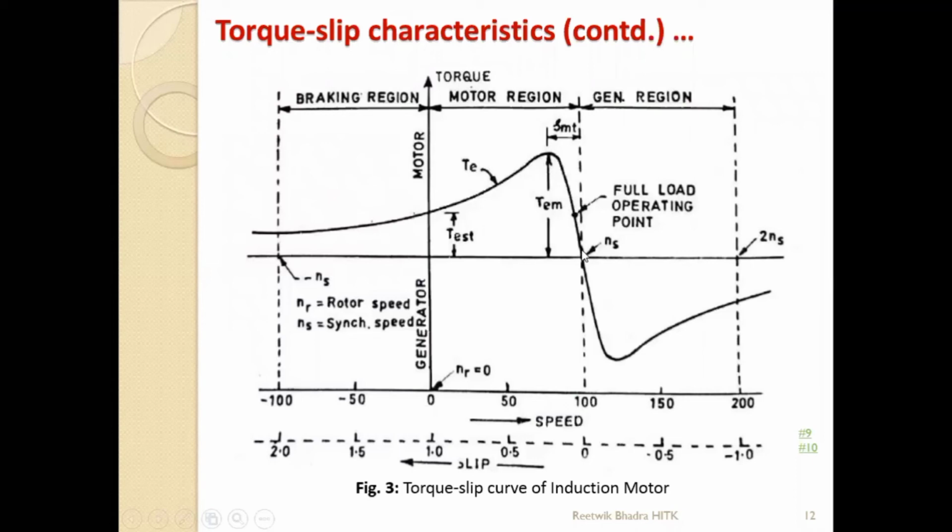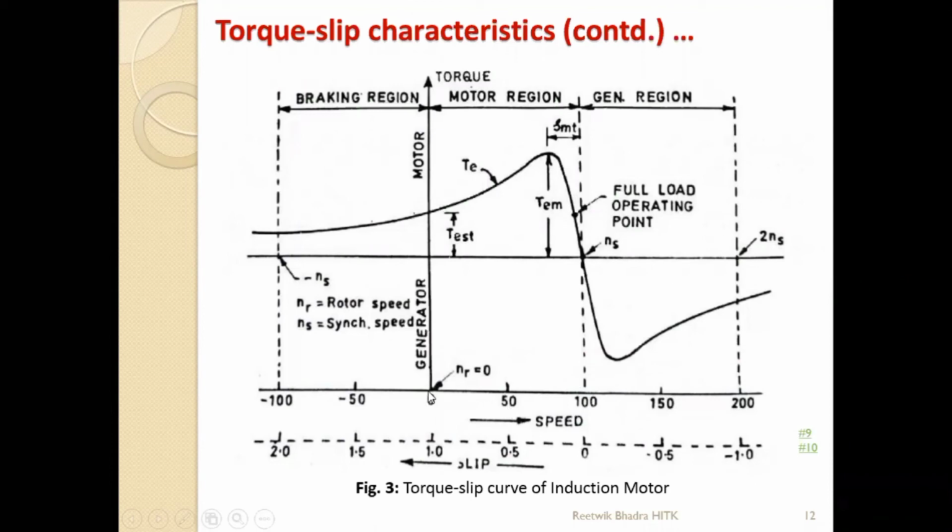We'll study that. So slip goes at low values of slip until the maximum value of torque occurs. When slip is 0, what will be NR? Obviously equal to NS. See, NR is equal to NS at this point. It is written in terms of percentage: 100%, 50%, 100% goes on increasing. On this side, it goes on decreasing.